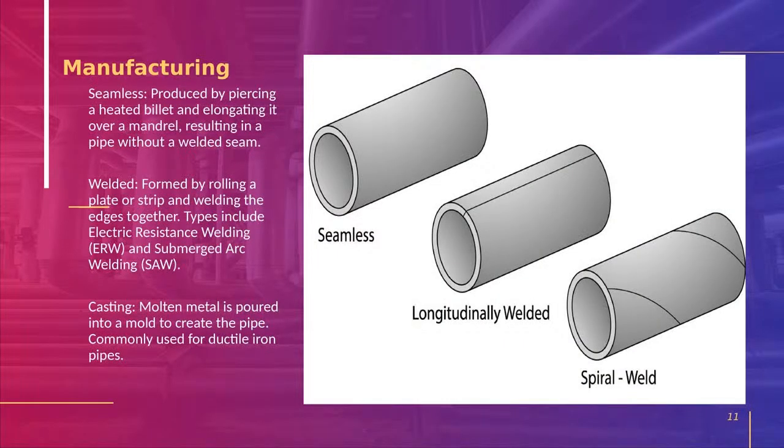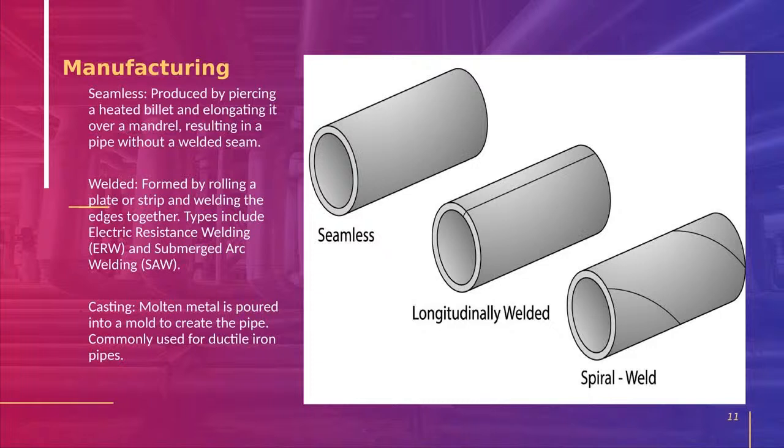Piping components, and this is the manufacturing. It's nothing but a piping type: seamless pipe, seam pipe, which we will say welded pipe, and the casting items. Seamless pipe is the first one we are showing. That means there will not be any joining seams. It is produced by piercing a heated material and elongating it into some sizes, mostly from half an inch to 12 inch. We will be using this kind of seamless pipe particularly for corrosive products or any petrochemical plant product.